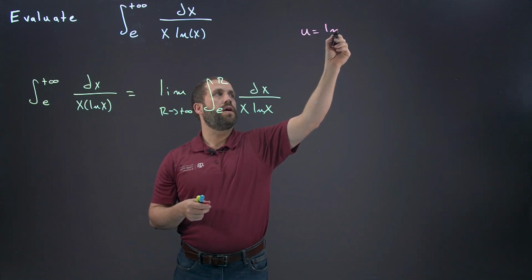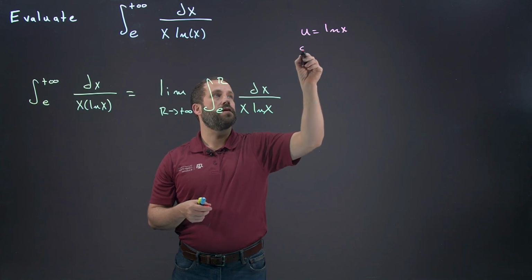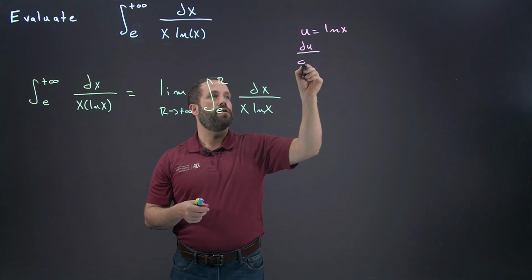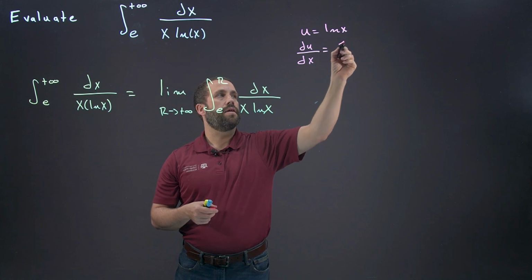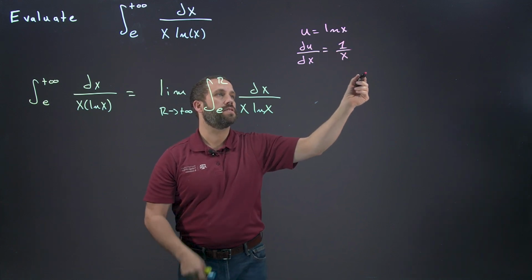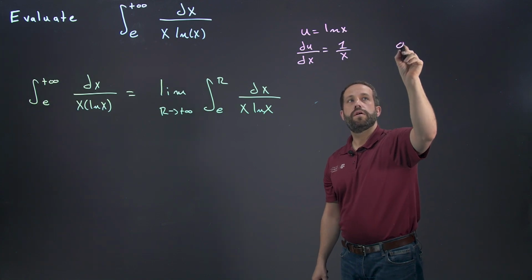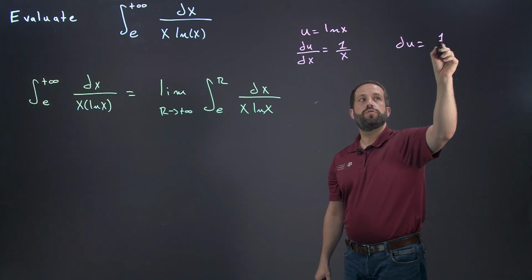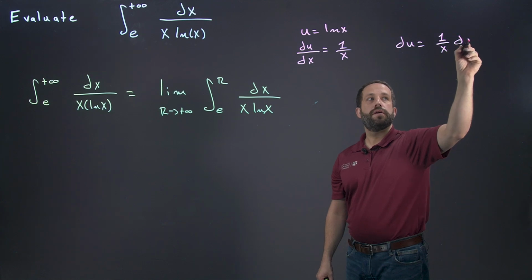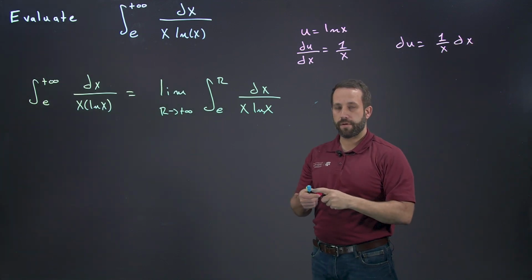Okay, hopefully you thought about it for a little bit, and you would see that if you choose u equal to the natural log of x, then du dx is equal to 1 over x. And so this tells us that du is equal to 1 over x dx. And what's going to happen with this integral,